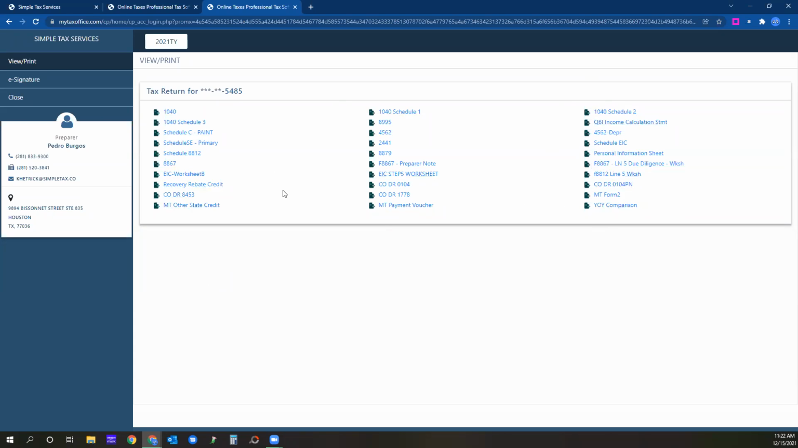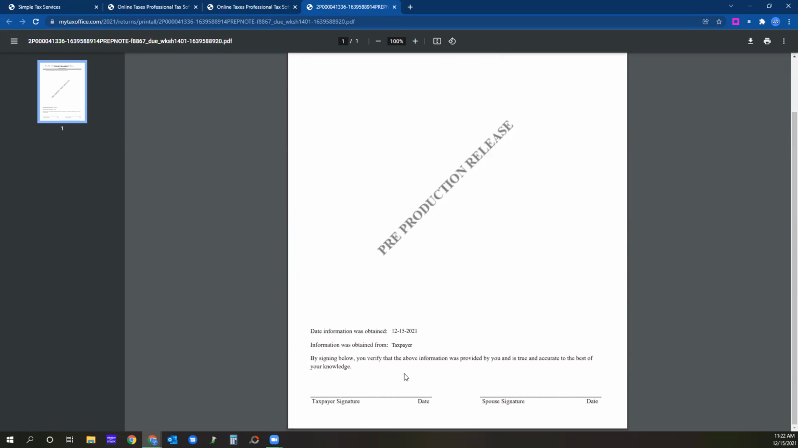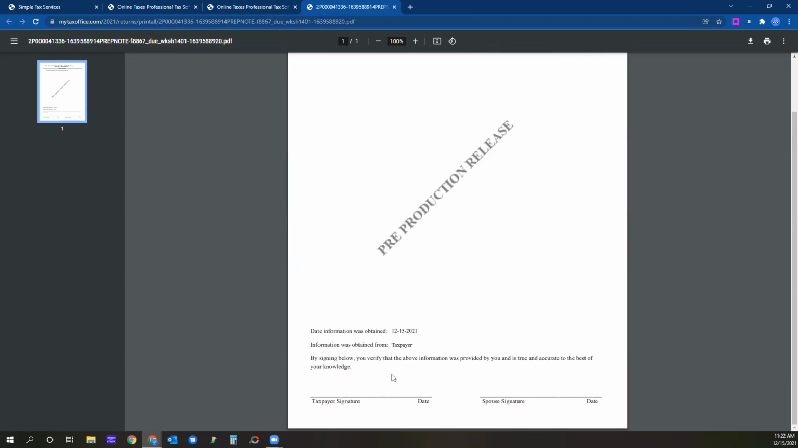Where is that line? I think it's here. Yeah. So this is that form that I was telling you before, where if they enter that information at the bottom of the 8867, it generates that form for them to sign. This is it right here. And it says, by signing below, you verify that the above information was provided by you and is true and accurate to the best of your knowledge. And then they sign. So once they have reviewed the documents,